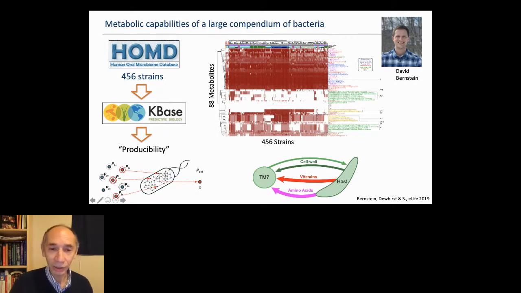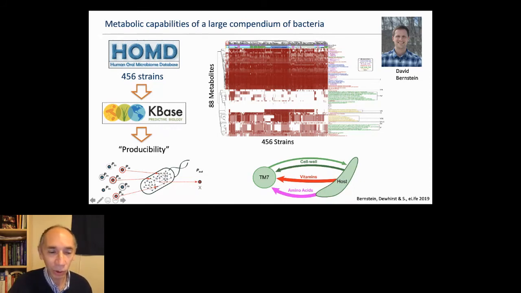Some, interestingly, were from single cell sequencing. This involves some uncultivated organisms. And David wanted to make predictions that did not involve gap filling. He wanted to just take the model as constructed from the genome and assess the producibility. So he developed a method that we called percolation, metabolic percolation, to assess the producibility of any given metabolite from a given metabolic network.